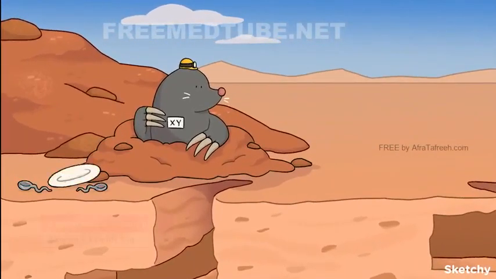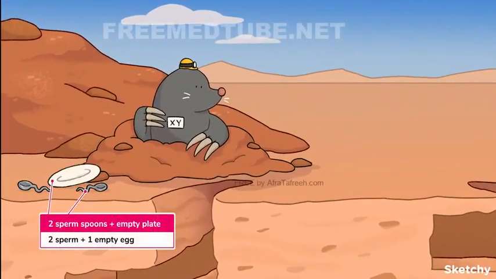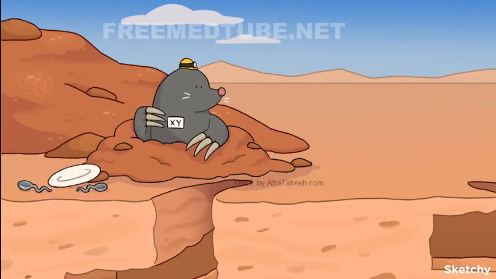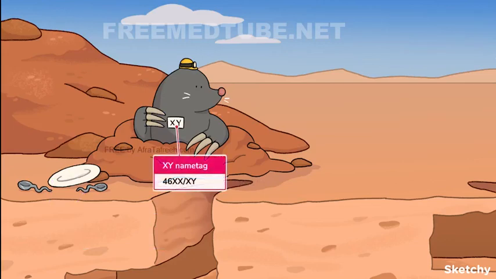Complete moles occur when two sperm fertilize an empty egg. As you'll see, this mole with the completed tunnel is holding two sperm-shaped spoons and has finished their breakfast, so their plate is empty. The karyotype of complete moles is either 46XX or 46XY, accounting for two sets of paternal